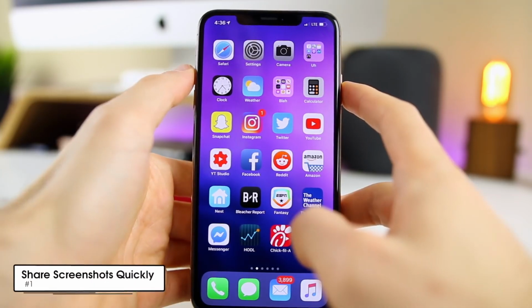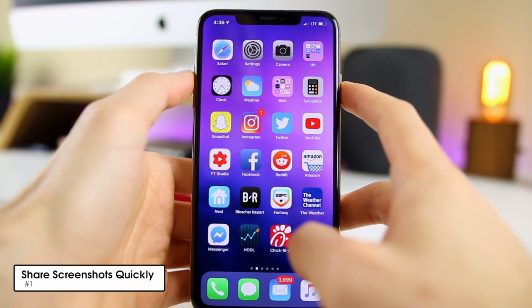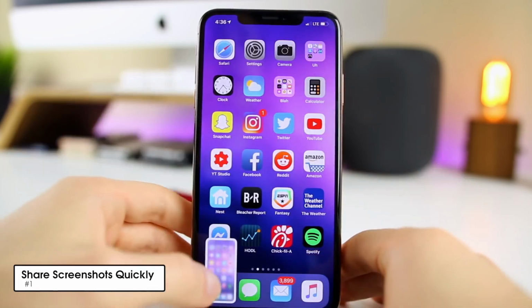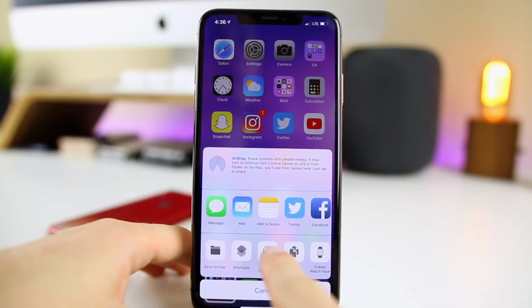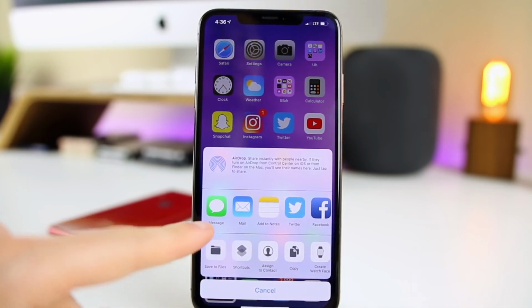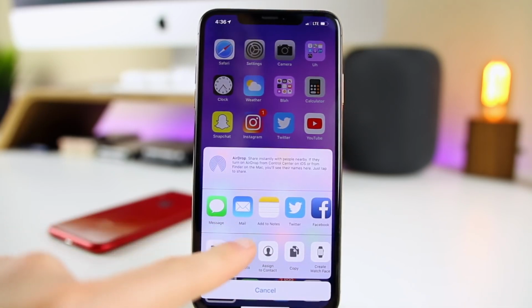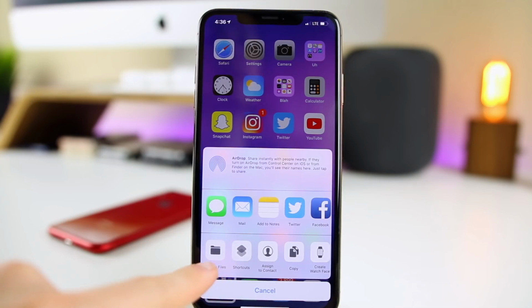And the first one has to do with taking screenshots. So we all take screenshots, but did you know that if you take a screenshot and you tap and hold on the preview, you actually get the share sheet that pulls up. And from here, you could very easily send it as a message. You can text it to somebody, you can send it in an email, you can save it to your files,